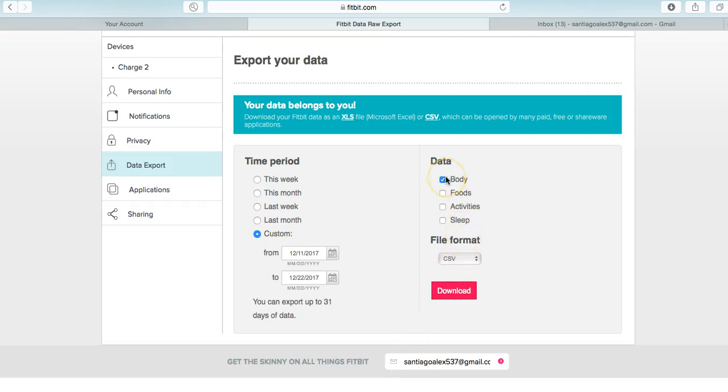Then you're going to change your data from body to just activities so that I can only see your steps. Then you're going to click here on download, and it's going to go straight into an Excel. Once in Excel, change the data into a PDF so that you can send it in an email as